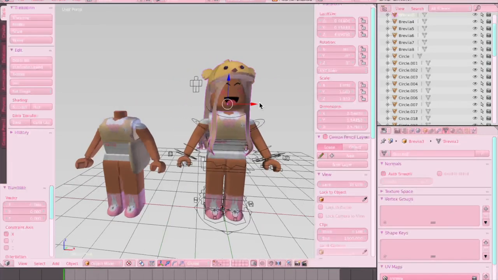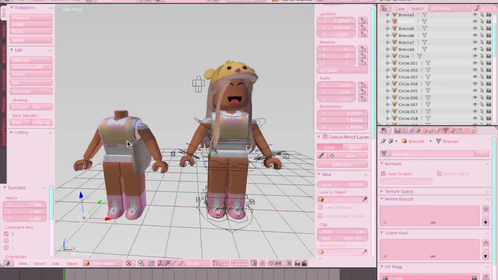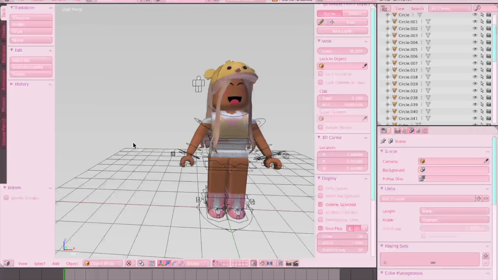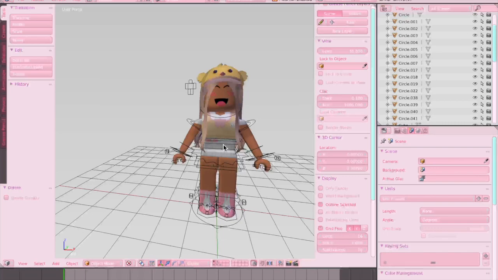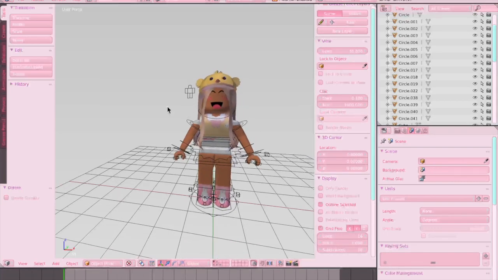I'm not using my purse for this one, but so right click on the body and then click shift and select all of the body parts and then any other accessories you have that you don't want, and click X and delete it. So now that you have your avatar,